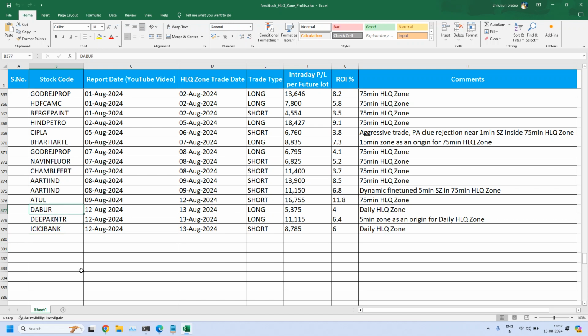In DABUR we used a 30 paisa stop buffer. Your stop buffer is 50 paisa maximum, but it crossed till the 30 paisa level and then reversed in DABUR. But in ICICIBank, it is a 1 rupee 30 paisa stop buffer, and the price went up to 1 rupee 25 paisa. It didn't cross the 30 paisa. Otherwise, ICICIBank would have been stopped out. So this is the way we got 2 successful trades, 3 successful trades today.